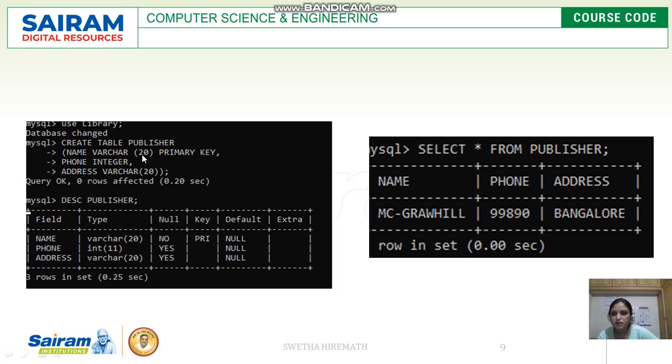I have given here all the required data and attributes. Once it is created, it shows Query OK, 0 rows affected. Then we can go with desc publisher to get the description of the fields present in this table publisher. So this is field. It consists of field